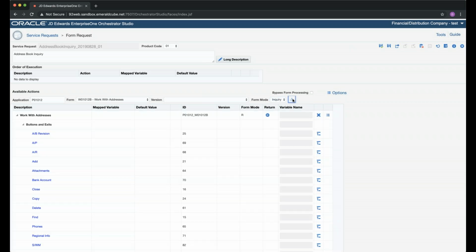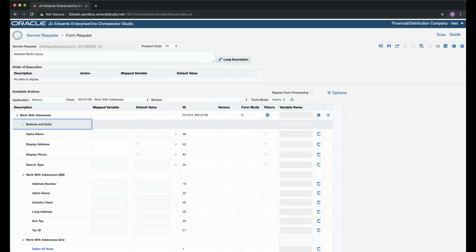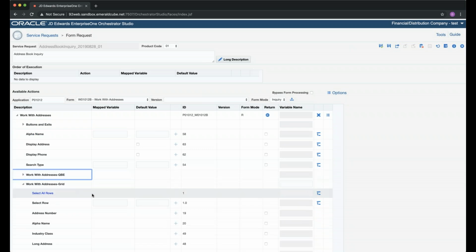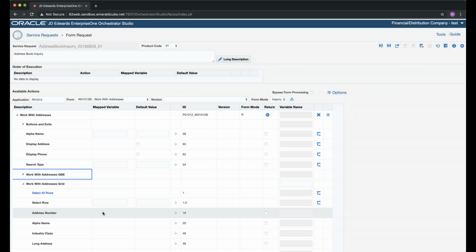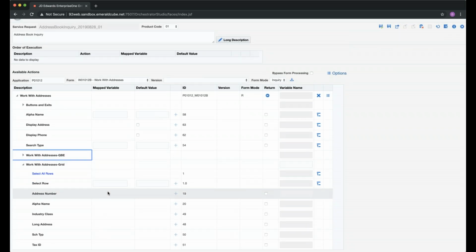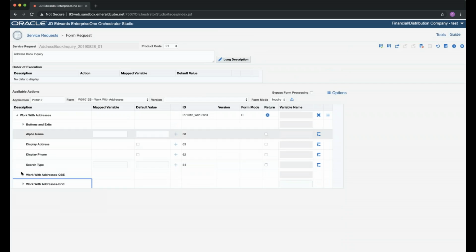So now what I did is I clicked this button, which loaded all of the inputs and in fact outputs to this form. But you'll see here we have the buttons and the exits, which I'll minimize really quick. We have the QBE line, which is of course that filter line at the top of the grid. And then we have, of course, the grid. So we have the different grid elements. And of course, these are not editable because the grid elements are being returned to us and not editable on this form. So I'll minimize that as well.